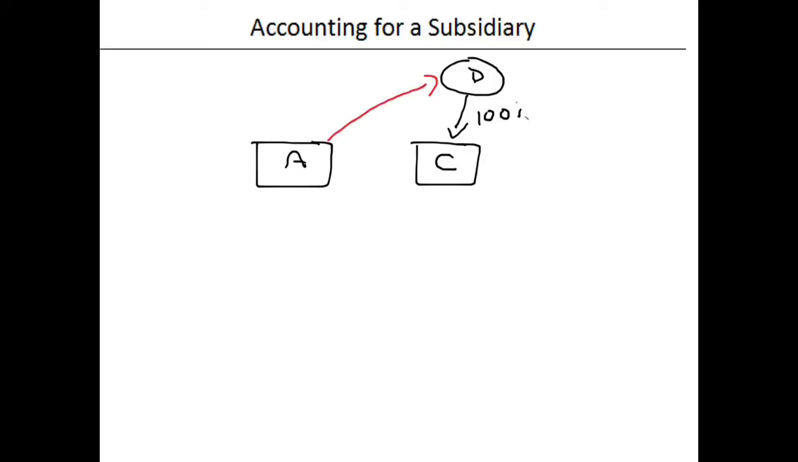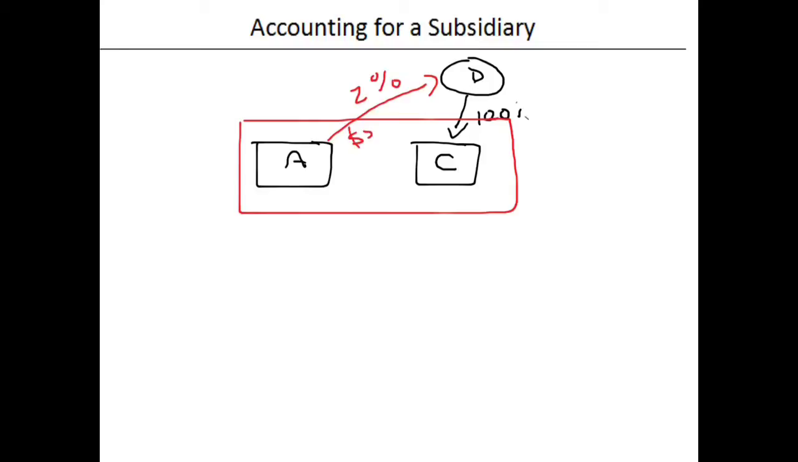We don't know the exact percentage stake yet, so we're just going to call that Z. But they take enough to control C. So overall, A and C are now part of the same group. And they have paid X for that. Now what we have here is Z,